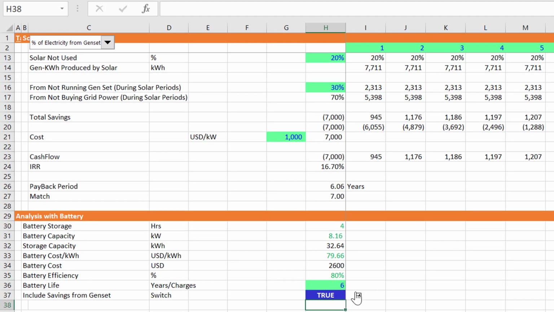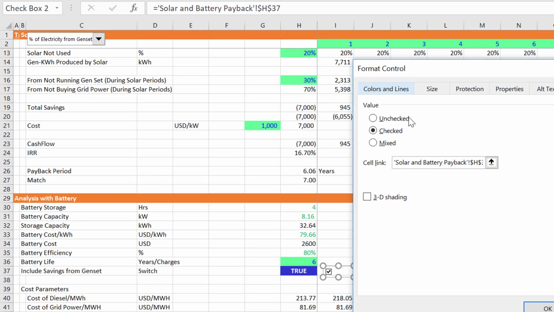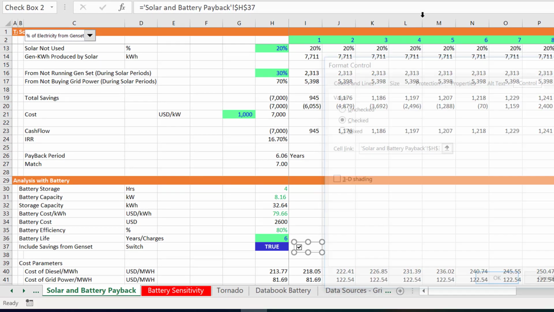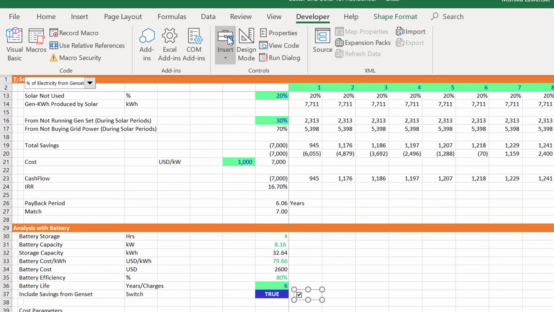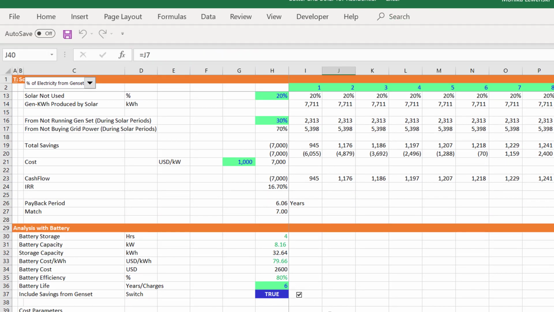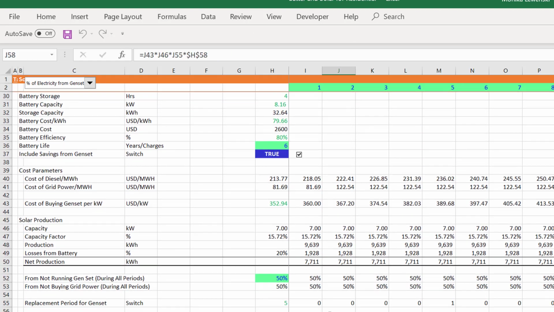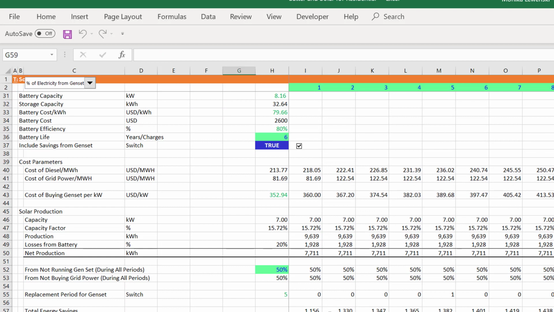By the way, this is just a simple, obvious kind of format control thing where you go to the developer and you go to insert and you find it. Okay, I've got all videos on that kind of stuff. It's a little bit of a gimmick, but not completely, I don't think. Okay, now,